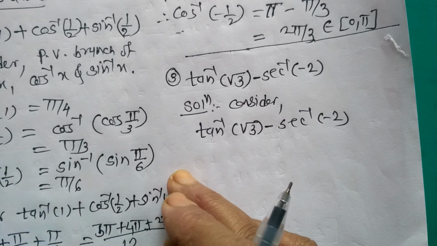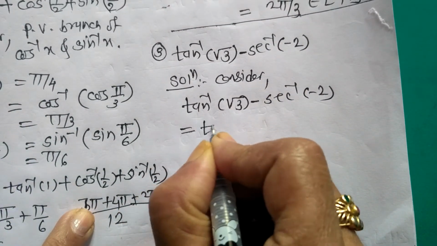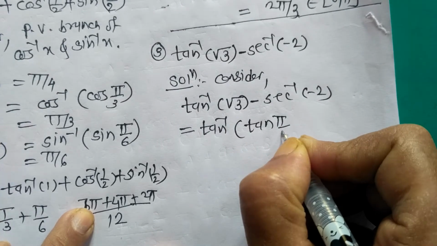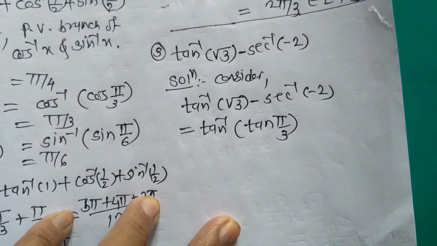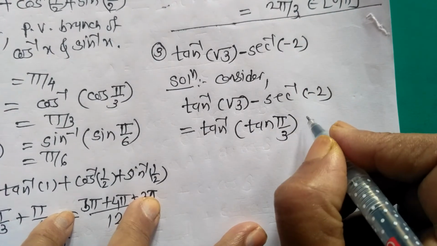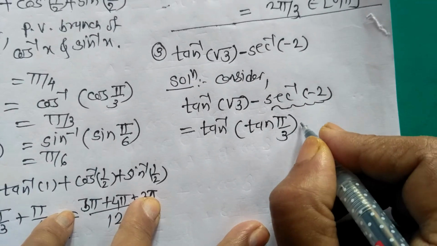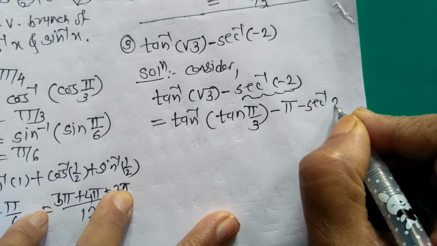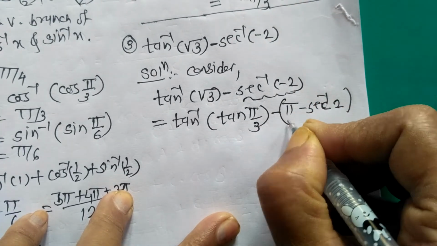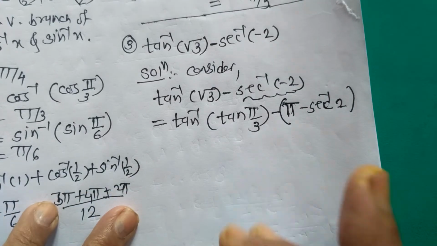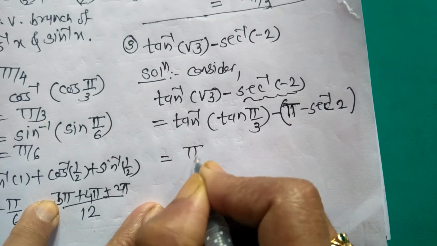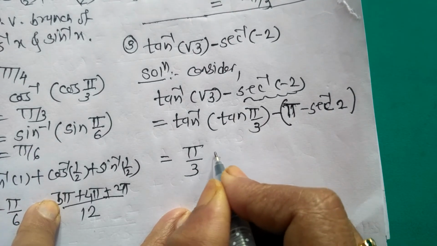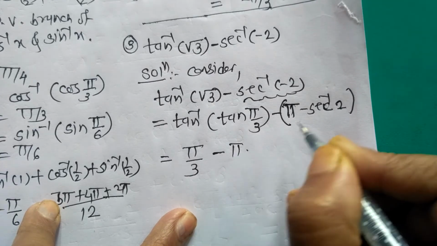With the help of values, root 3 is equal to tan pi by 3, as you know that the tangent ratio for the angle 60 degrees has the measure root 3. And by using the property of sec inverse of minus x, we get pi minus sec inverse of x, which here means sec inverse of root 2. But before this there is a minus sign, so we take a bracket for the second expression. Using the concept of inverse trigonometric functions, tan inverse cancels with the tangent, and we get minus pi, and minus again sec inverse 2.